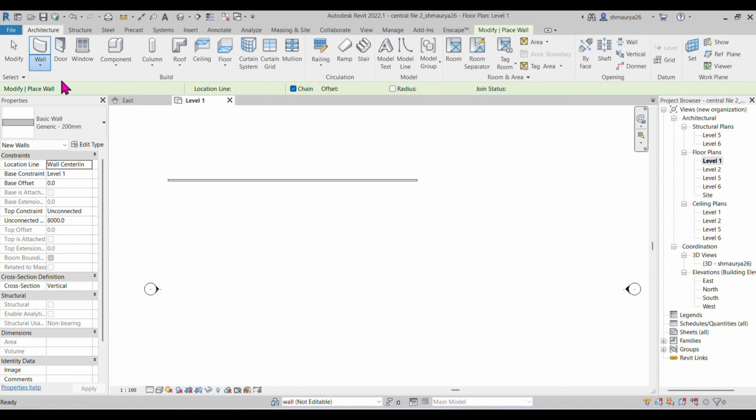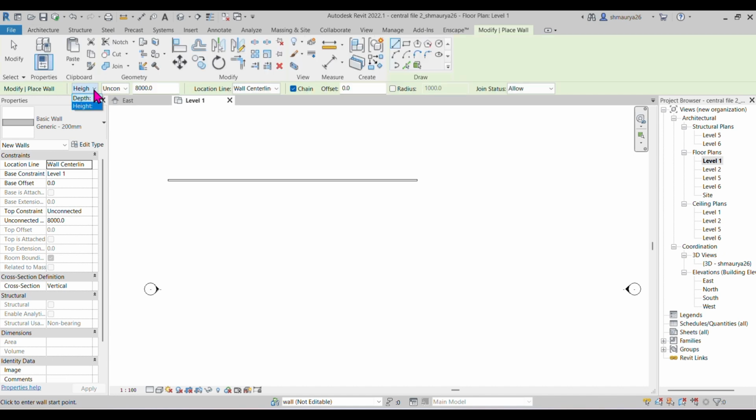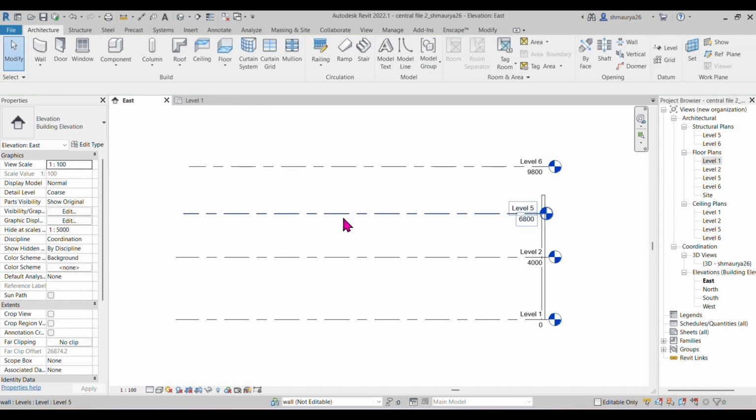When I select the wall architect, then here are a more number of tools you can see, right? So here you can see in this panel, here is a height. Let me click on this drop down. So here you can see here is a height and depth, right? So as of now, what I have drawn here, you can see this wall we have drawn in the height. So you can see this wall is going in the height, right? So